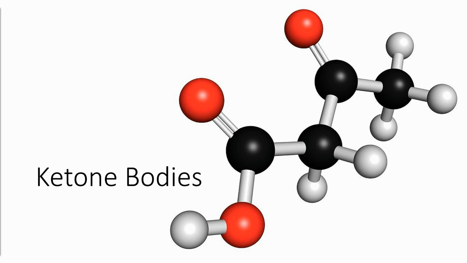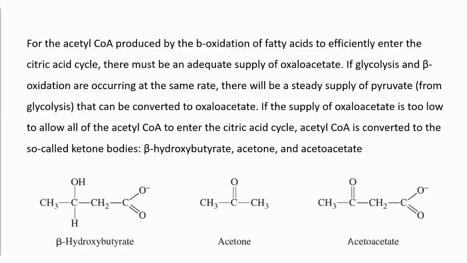Okay, so the next one is ketone bodies. Now for ketone bodies, as we discussed earlier, acetyl coenzyme A is produced by beta oxidation of fatty acids so that it will enter the TCA cycle. The only catch is there should be an adequate supply of oxaloacetate. Now, if glycolysis and beta oxidation are occurring at the same rate, there's a steady supply of pyruvate from glycolysis